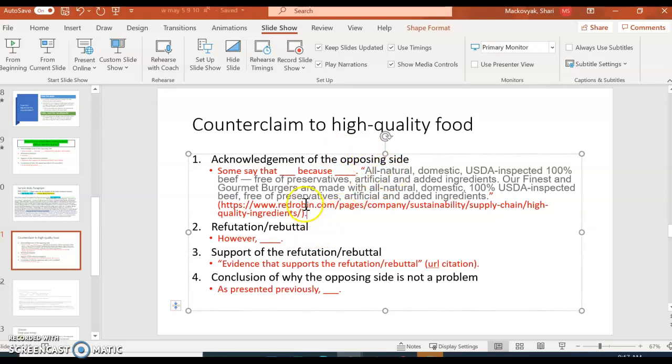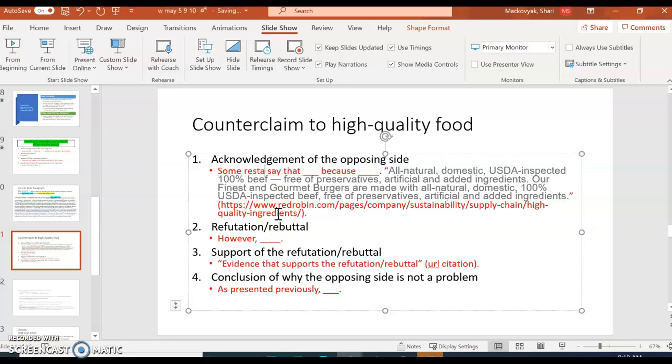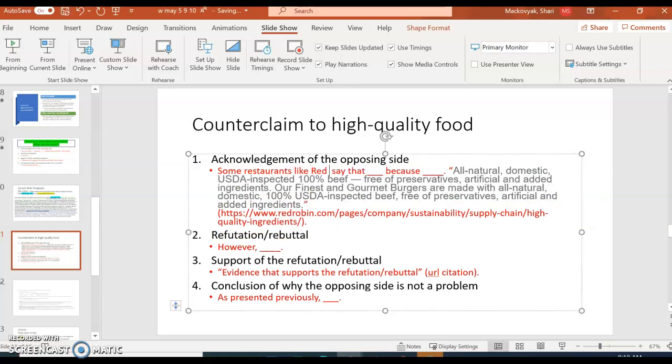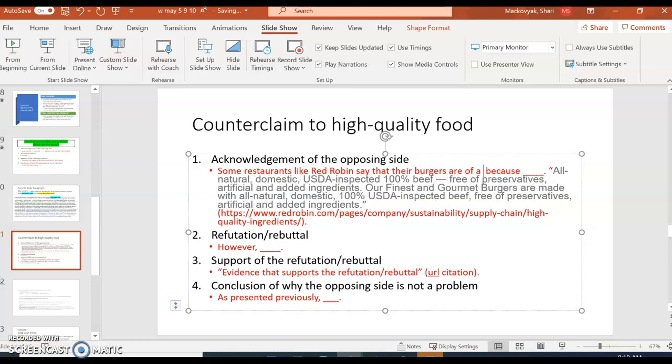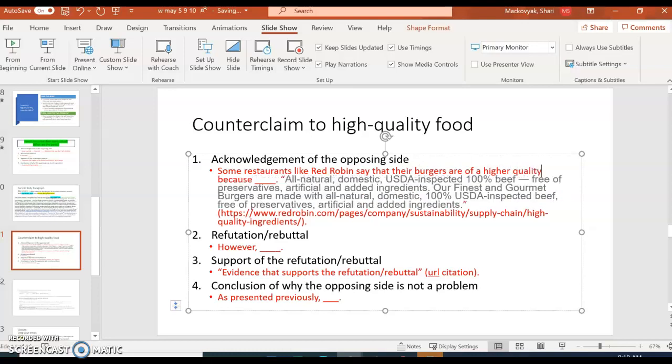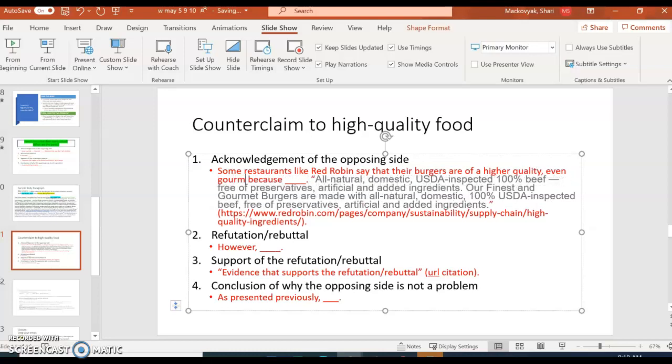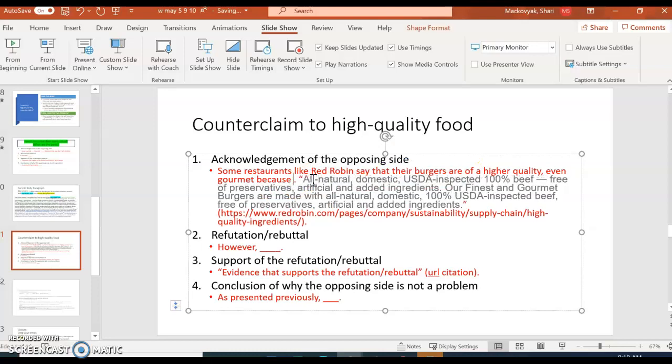All right. And I'm going to say, let's see. Some restaurants like Red Robin say that their burgers are of a higher quality, even gourmet, because their beef is of a higher quality.